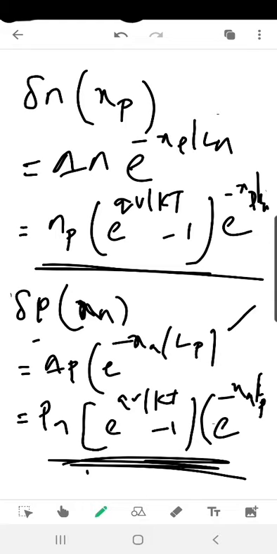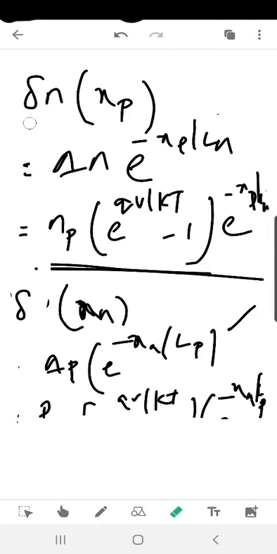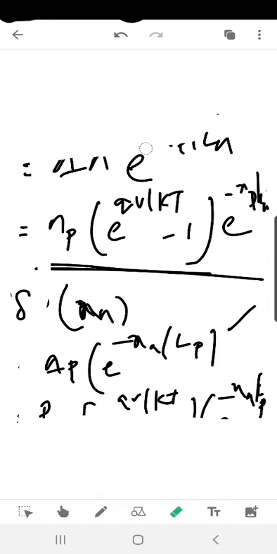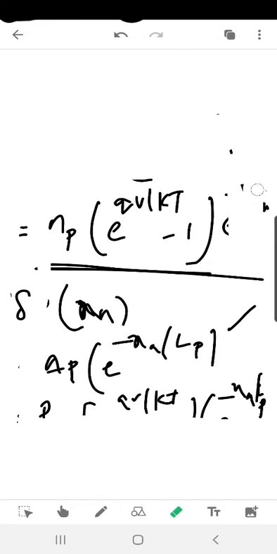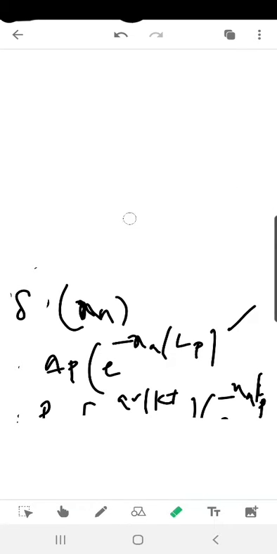So we will talk about our most important topic of reverse bias: breakdown. When a PN junction is reverse biased, a very small leakage current flows across the junction, and this leakage current is only due to the minority charge carriers. This leakage current is also called reverse saturation current. We have studied this also.